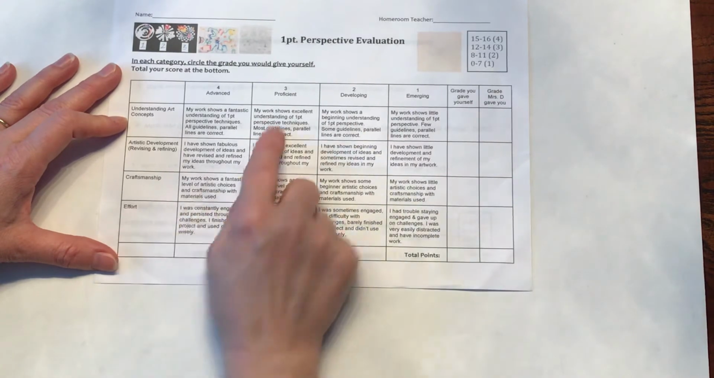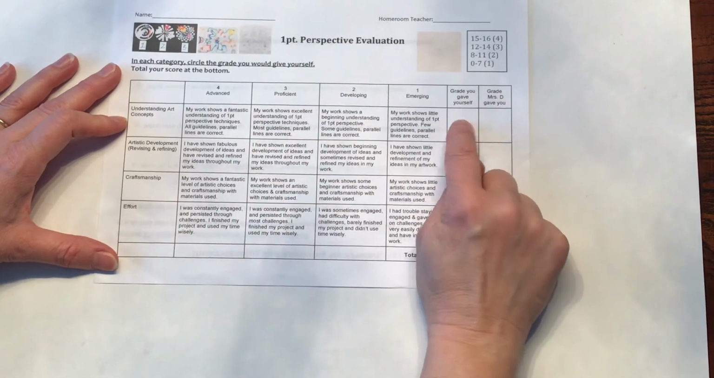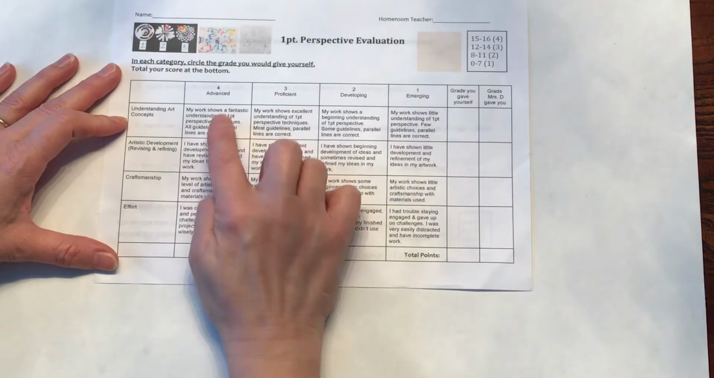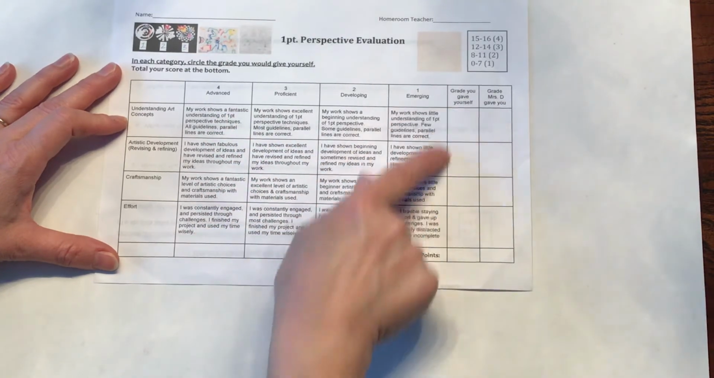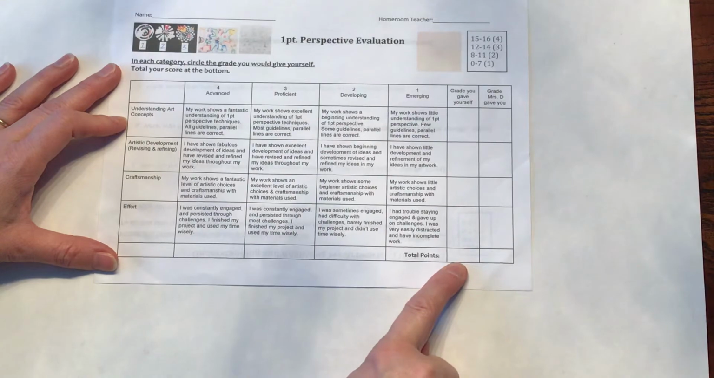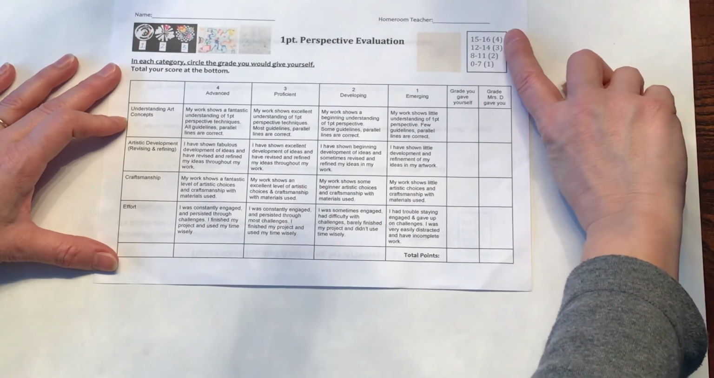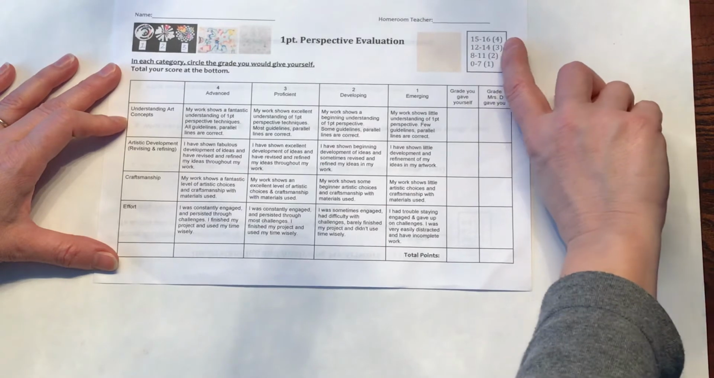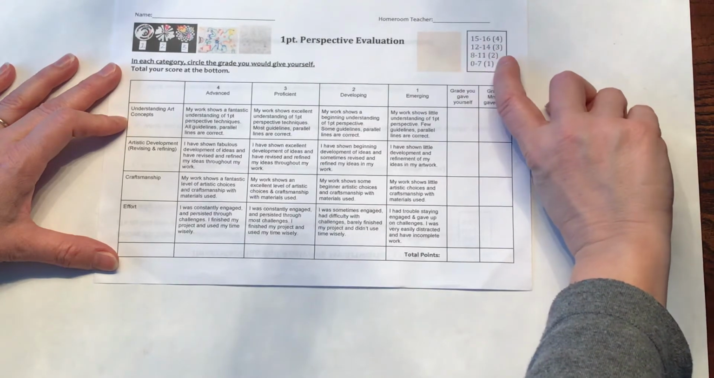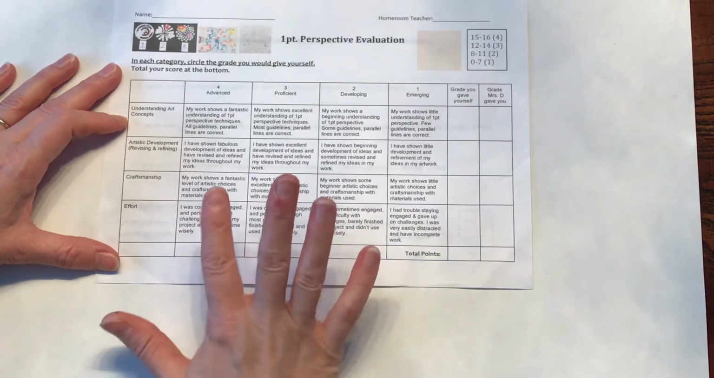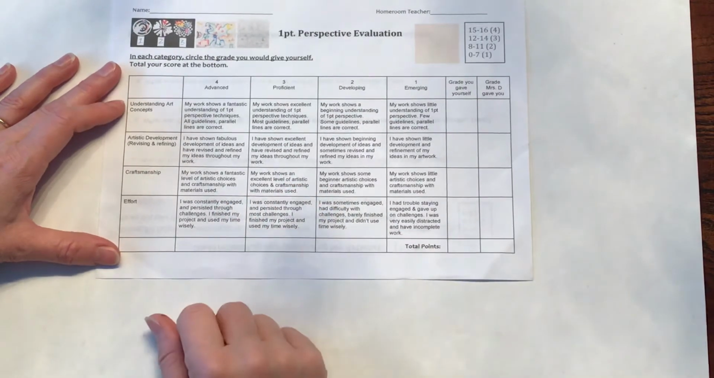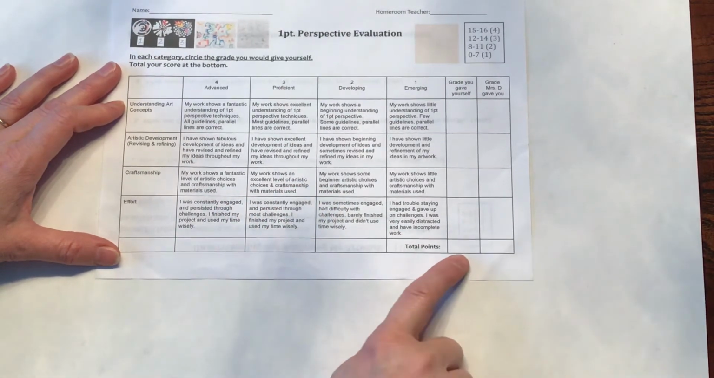So if you gave yourself a 3 proficient, a 3 would go in this space. You're going to do that for each one of these, and then at the bottom you're going to total your points. You can earn up to 16 points. 15, 16 points is a 4, 12 to 14 is a 3, 8 to 11 is a 2, 0 to 7 is a 1. Be honest on this, because what I will do is take a look at the grade that you gave yourself,